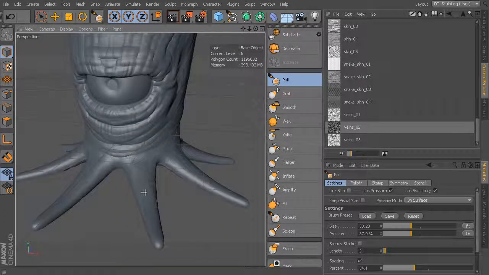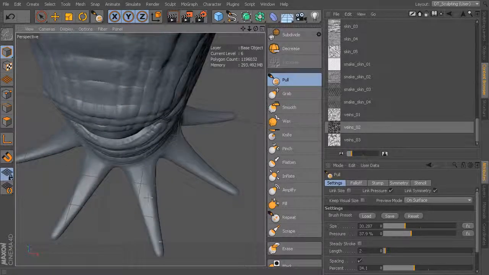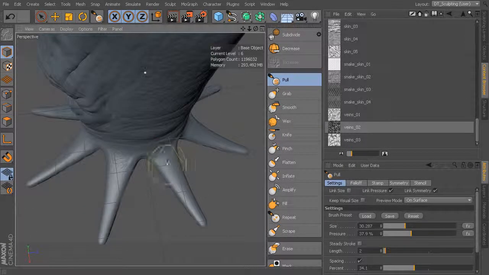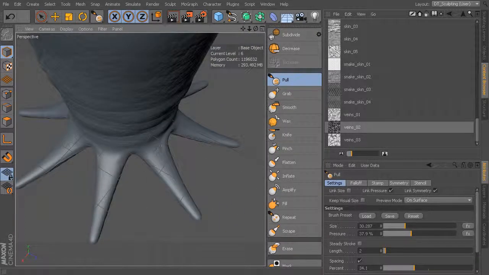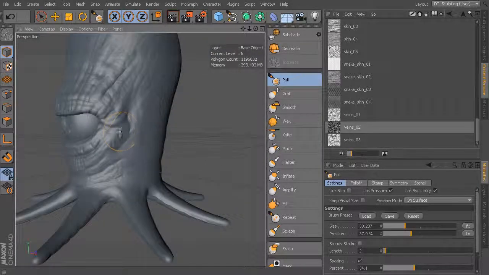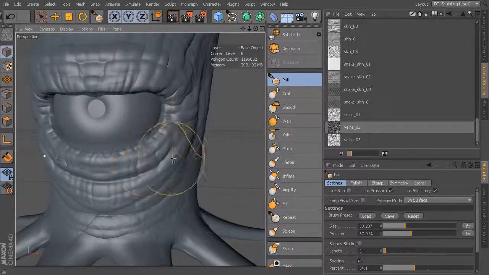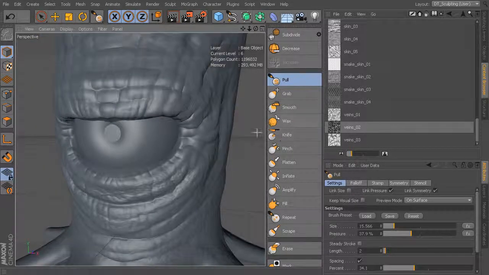In these smaller areas, you might want to dial your brush down a little bit. You can come along the tentacles here and add some of that along those. Okay, and then you get something like that. If you want to add a smaller scale, you can come in with a smaller brush here, maybe across the front. And you can experiment with some of these